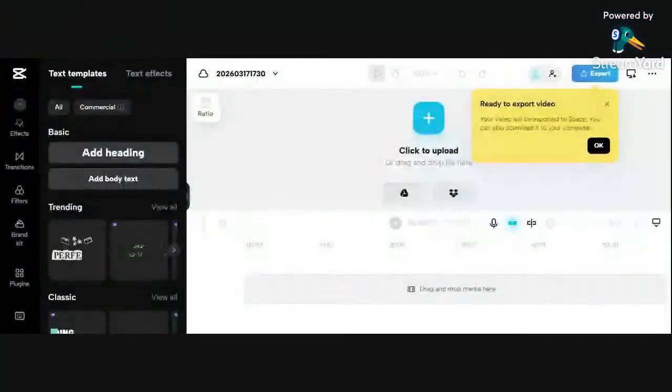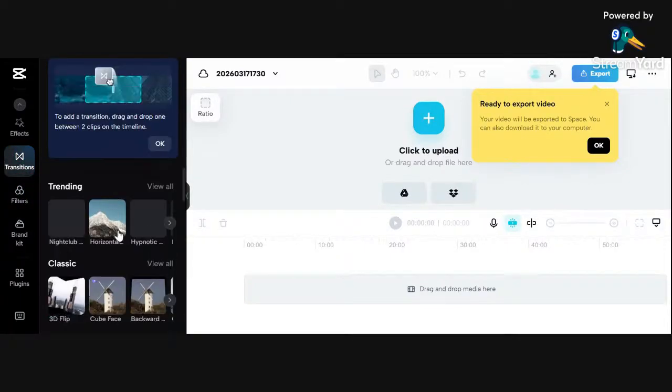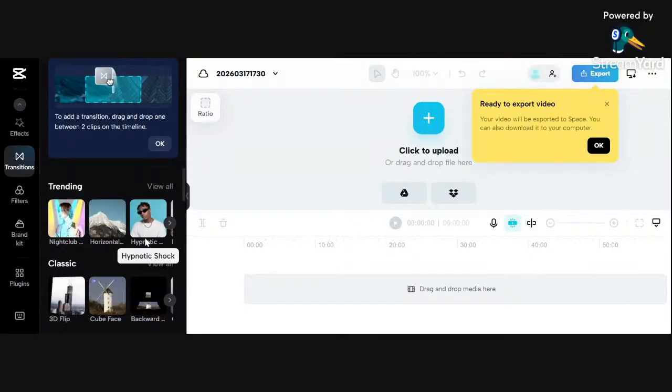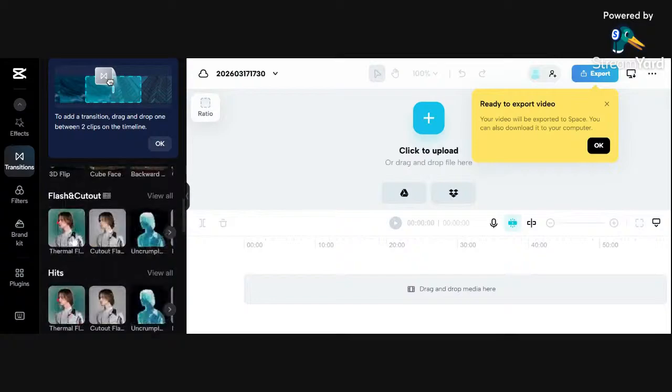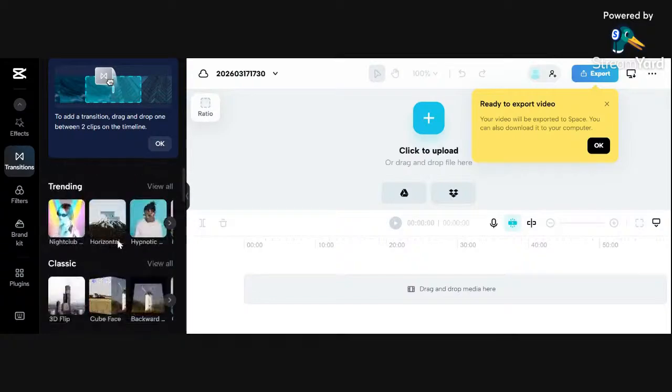So now returning back to our CapCut screen, we can now see that there are transition effects here. Sometimes it helps the person realize that something happened in between, but don't worry about it, just continue from where we were. So you can see this one they call hypnotic, then horizontal, and you just see the effects. This one, classic. Basically, it helps you move between two moments that are not